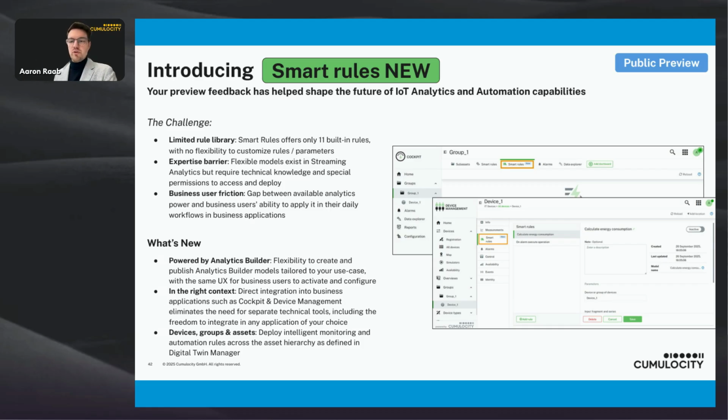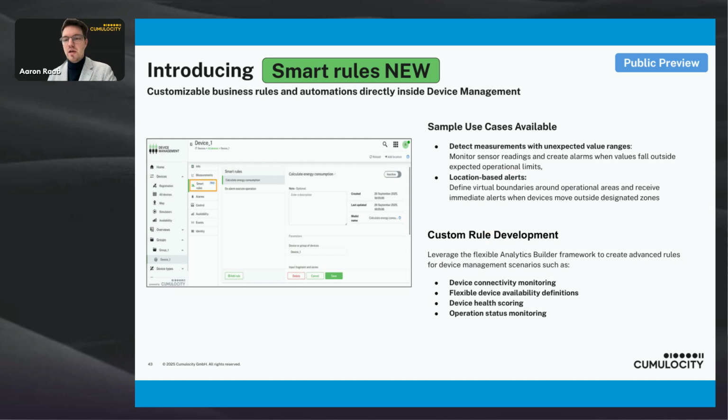For example, and maybe let's directly go to the next tab, you can directly see it. We also make the smart rules now available in a dedicated tab in the device management application for each device. So you can deploy specific additional smart rules to your device in device management, and you can even further configure them. So we also have some additional samples we provide out of the box for specifically the